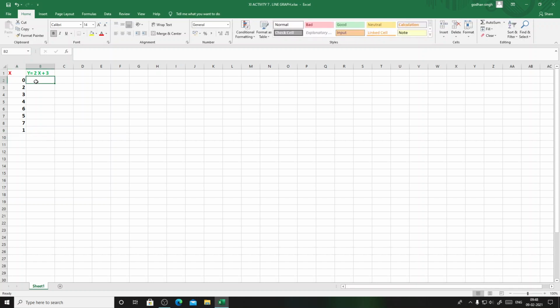Now for every value of x we have to find a value of y. We can individually find the value of each y, or we can use a formula. The formula we already have here is y equal to 2x plus 3. To use that, first we'll write equal to, and then the formula 2x plus 3, so we'll write here 2, and then